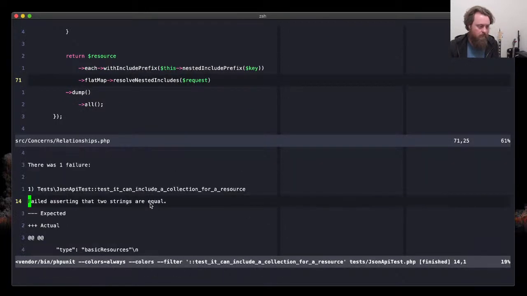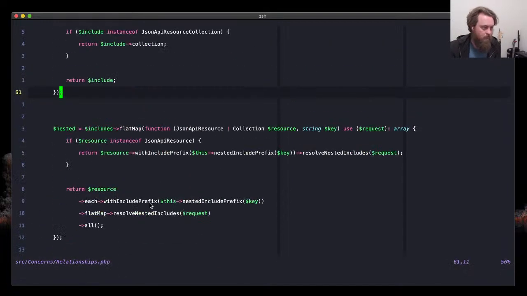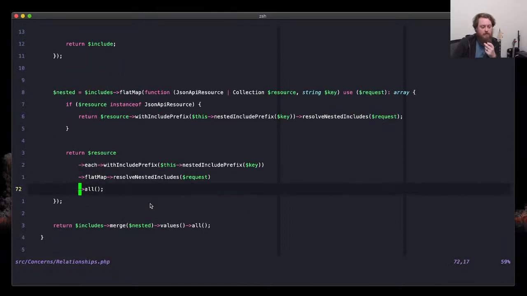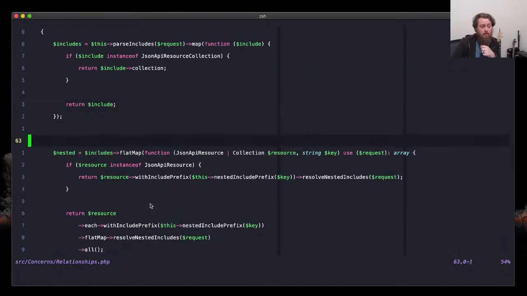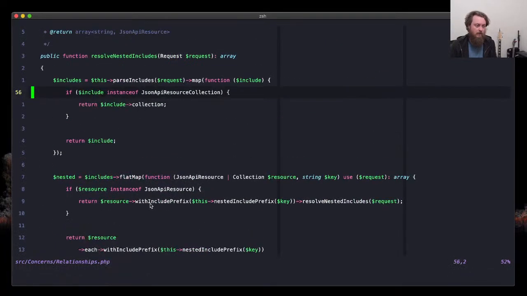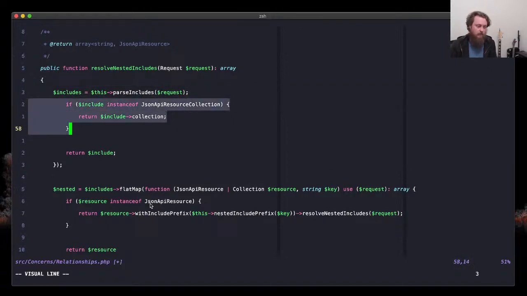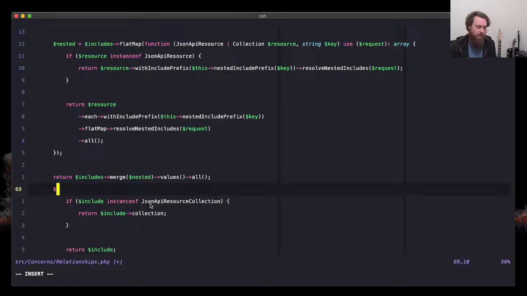So it's really these here, but we need the key to be able to pass everything through. And so resolve nested includes, so it's got the key there. And then I guess here what we need to do, so maybe this isn't here, maybe this is actually something more along the lines down here, where we're going includes